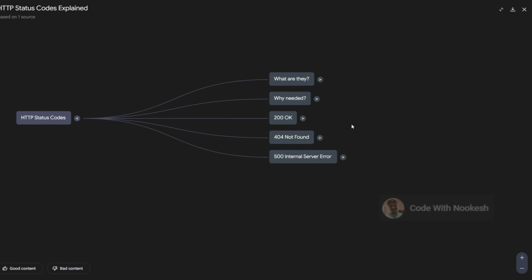3XX codes. These are all about redirection. They mean the thing you asked for isn't here anymore, it's moved somewhere else. Ish. 4XX codes. These signal client errors. Something was wrong with your request, the one your browser sent. 5XX codes. And these point to server errors. The problem is on the website's end, not